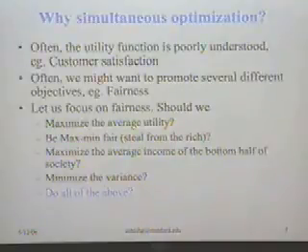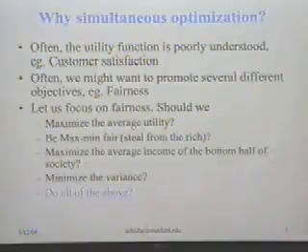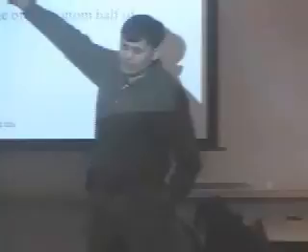Right? And often we want to promote several different objectives. So if you want to do fairness, then should we maximize the customer satisfaction jointly observed by me? It's sort of clear it could be concave for myself and concave for another person. But it's not that clear that it should be jointly concave. I assume that when you say convex, you really mean a concave function. Concave, yeah. So that's not so clear, right? So maybe for customer satisfaction it's not so clear. But for fairness or for social welfare it's much more clear.